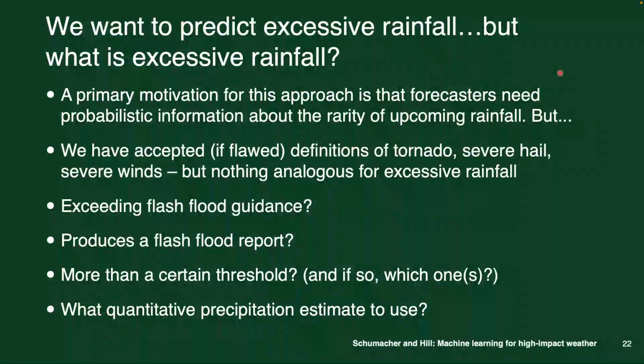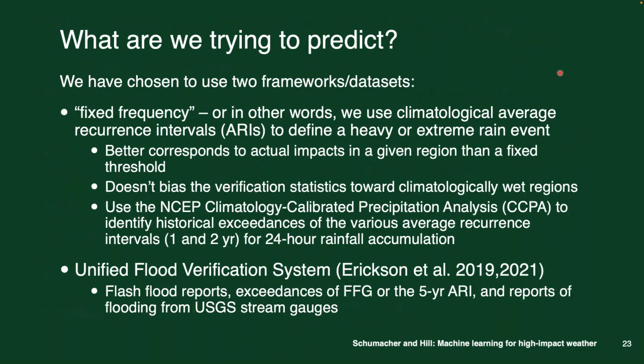Do we use flash flood guidance? Do we use flash flood reports? Those have some inherent biases depending on where they're coming from throughout the country. Do we say that precipitation greater than a certain threshold should be used? What kind of threshold do you want? Should it just be purely a measure of the rainfall that fell? But 2 inches in Idaho is very different than 2 inches in Indiana. So that can be problematic as well. And also, what precipitation estimation data set do you use? All these feed into this problem of how to define excessive rainfall, which you need to build these